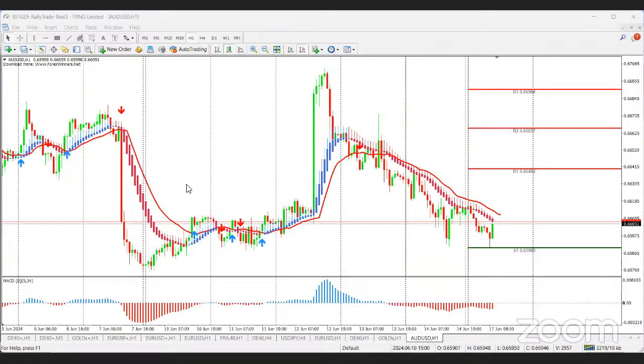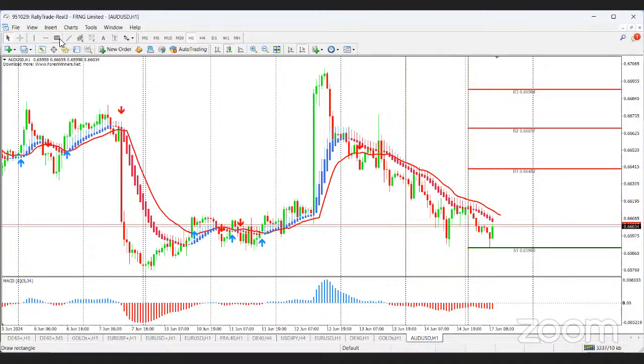Now, even if the red arrow comes, that does not mean that the price will go down. Even if the blue arrow comes, it doesn't mean that the price will go up. It's just an indication that price may go up, not that price will go up. So you need further information to conclude that price will rise or fall. One of such is this MACD below. The MACD bar prints red and blue. If it is blue and there's a blue arrow in town, it means that there's potential for the price to shoot up.